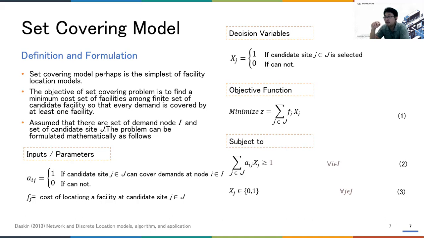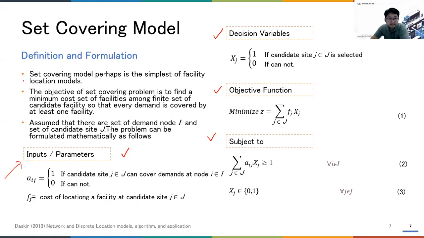we want to make sure all of our demand is going to be covered, or like I mentioned earlier, covered. The covering itself is a definition of whether you can reach or serve those customers or not. So here we will go into more detail about the model. Every time you discuss optimization models, you need to understand these components. What are the input parameters? What is the decision variable? What is the objective function? And what is the constraint itself?